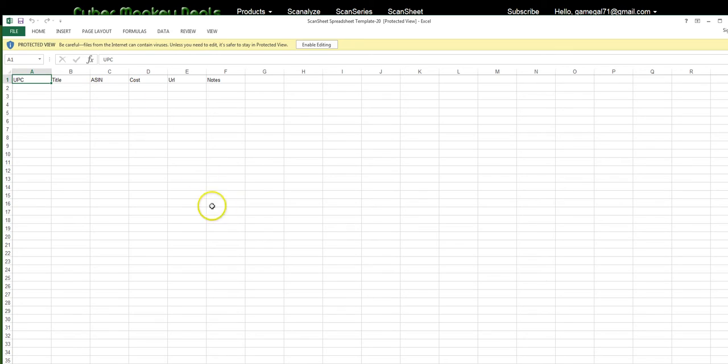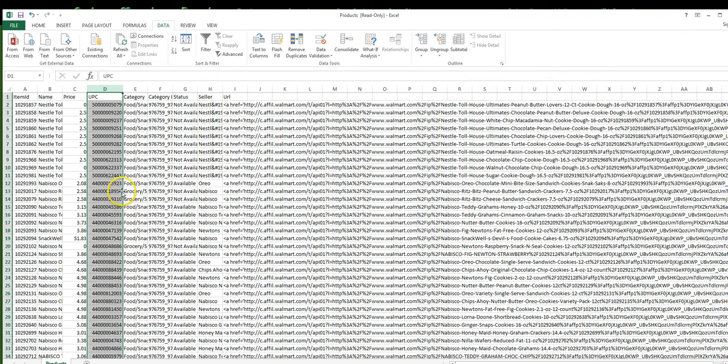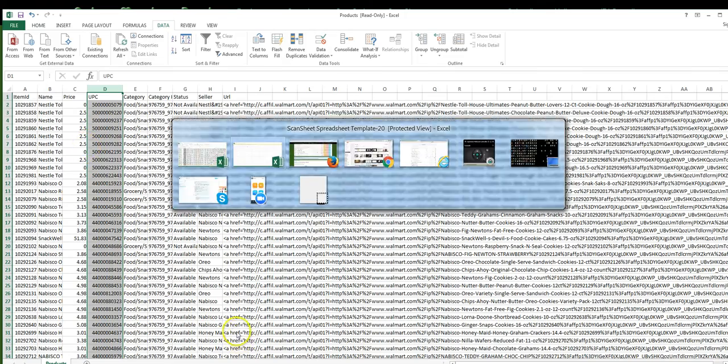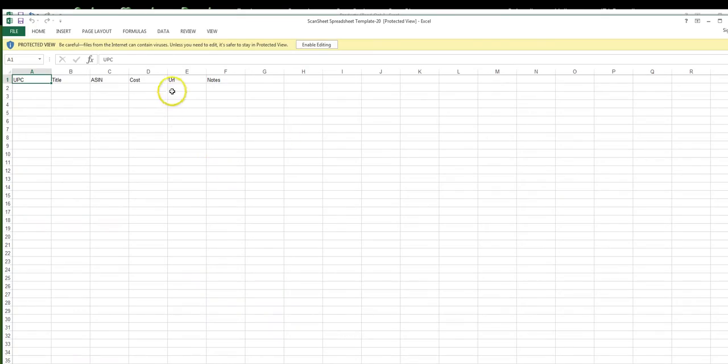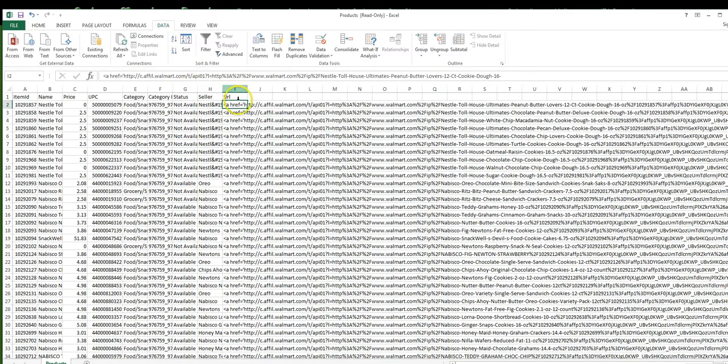So we can just copy the UPC and the price into here, as well as the item number, and we'll have this available as a link that you can open. Right now we're still testing the tool out. It's not ready, so this will be a link. It's still showing the HTML code, which when it's downloaded will be correct, but you'll be able to just copy this link into the URL, and then any other notes that you may want to have,